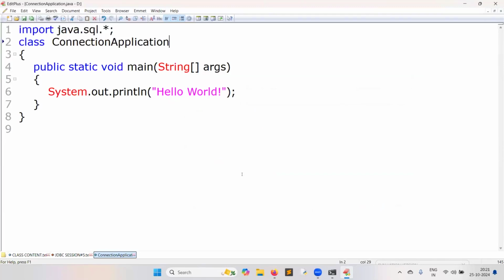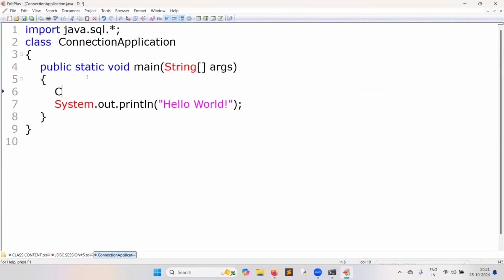Very good. So now what I will do is try to create the connection. Connection is equal to DriverManager.getConnection.